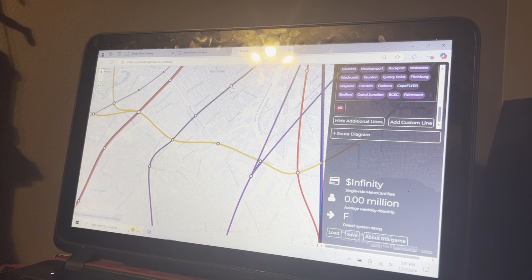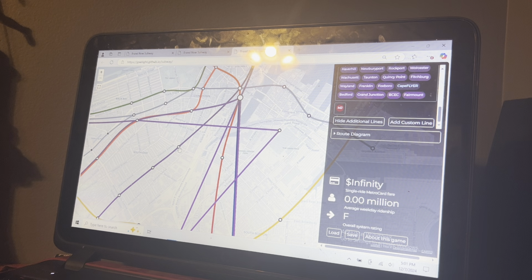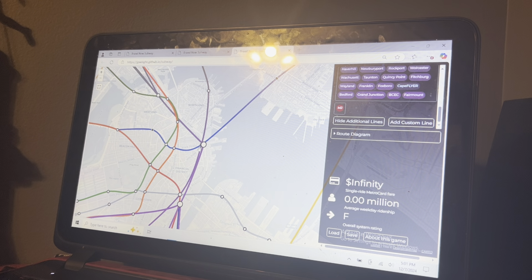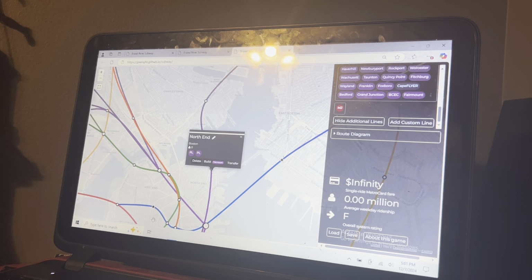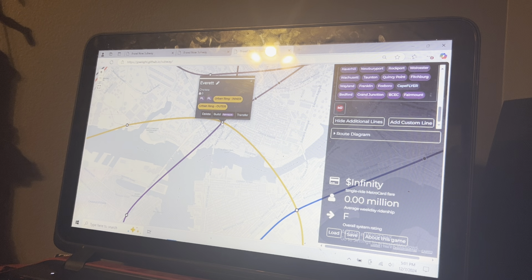Massachusetts Avenue, South End, Berkeley, South Station with a transfer to the Red Line and Silver Line, Aquarium for a transfer to the Blue Line, North End, Charlestown, Everett, and now